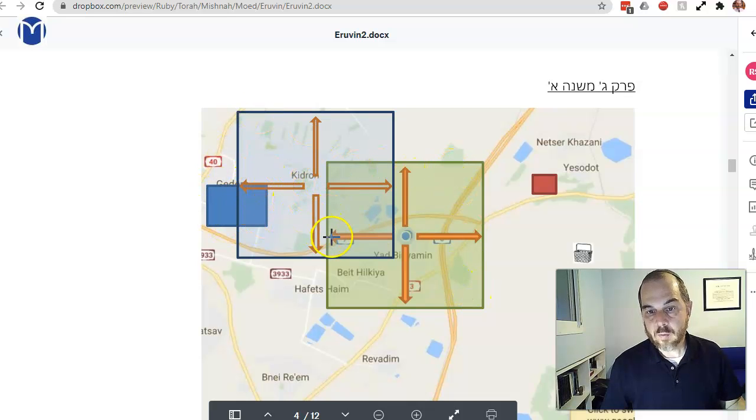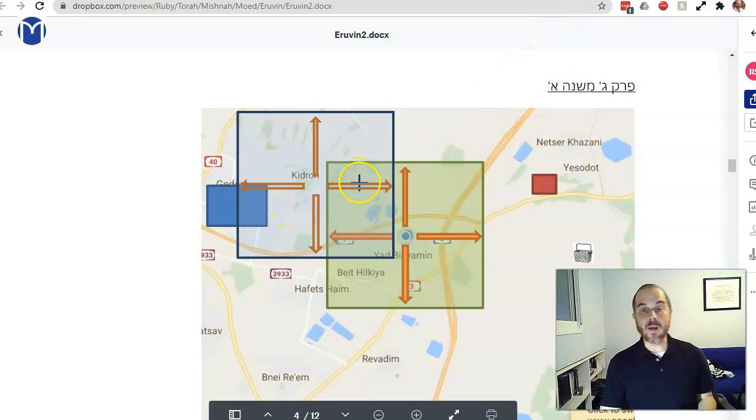But if I put my eruv here, in a sense, I can shift my 2,000 amot. I can move it all the way. I can get from Yad Binyamin all the way to Gedera. And that's, in order to put an eruv,